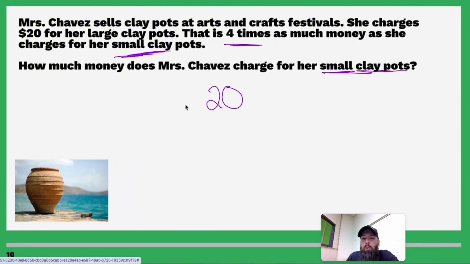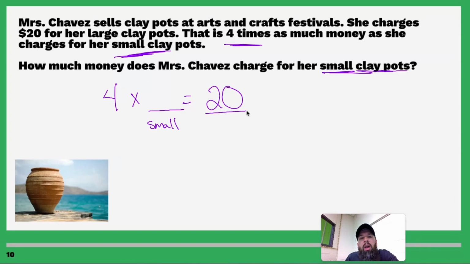So what we're going to do is we're not going to do 4 times 20, because large clay pots are going to be more expensive. So this is going backwards. She charges 4 times the small clay pots to get 20. So 4 times small is going to give us our big, large clay pots. So let me see. 4 times what is 20? 4 times 3? No. 4 times 4 is 16. 4 times 5 is 20. So how much is a small clay pot? $5